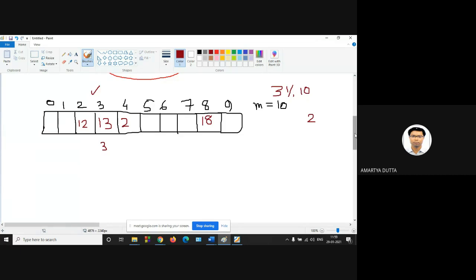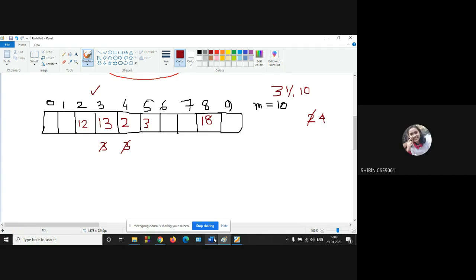In case of linear probing, you have to shift your key linearly. So 3, there is a collision, so shift this 3 to the next position. So 3 is now at position 4. But there is already an element 2, so again collision. Now shift the 3 to the 5th position. No collision, so insert 3 in position number 5. Total collisions are 2 plus 2, 4.